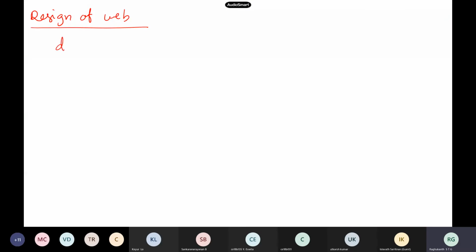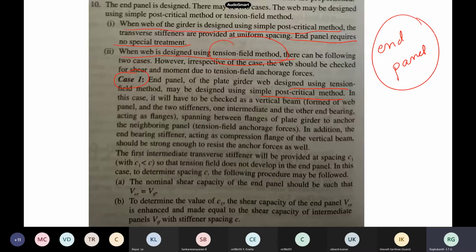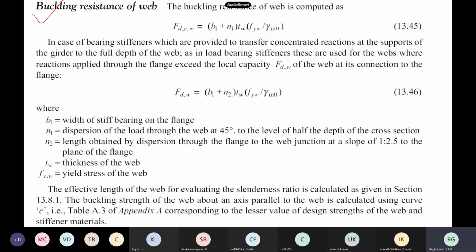The depth is given by that formula, with k divided by the yield strength, 0.33. Now this k is nothing but your slenderness ratio. How do you take the slenderness ratio? It is D by TW. What's the guideline here?